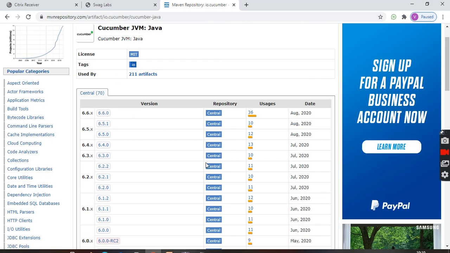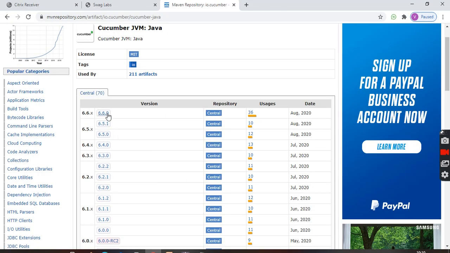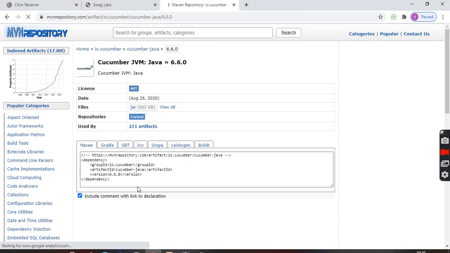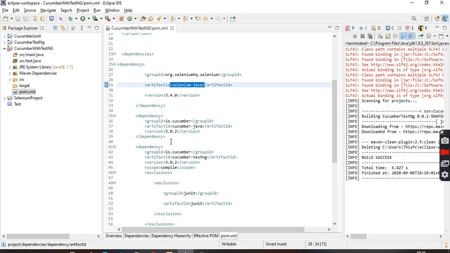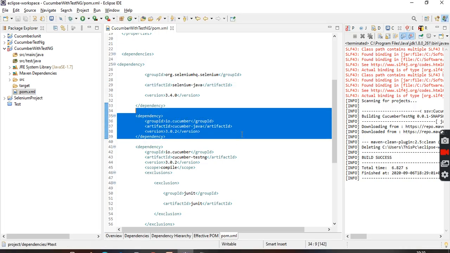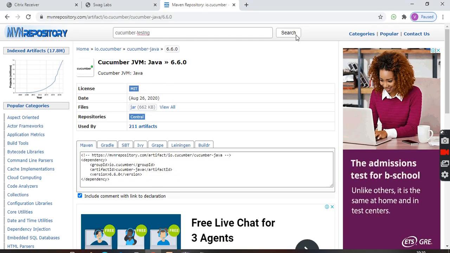No issue. It's up to you. Just click on this one and copy the same thing and paste it here. Now Cucumber Java is ready. Similarly, Cucumber TestNG also. Go here and search it.